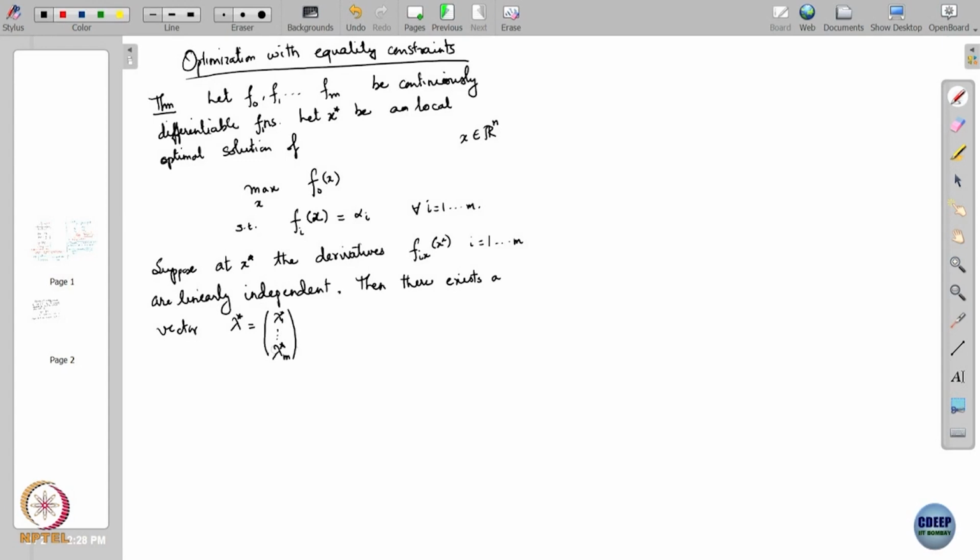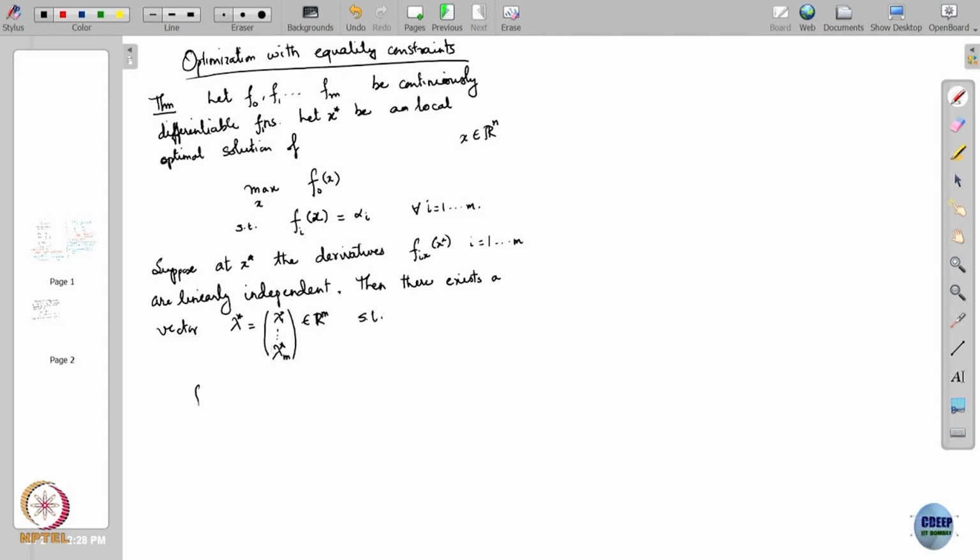So, this vector is an m length vector, a vector in R m. It has one component for each constraint that is there in the problem. There are m constraints in the problem, so lambda star is in R m such that